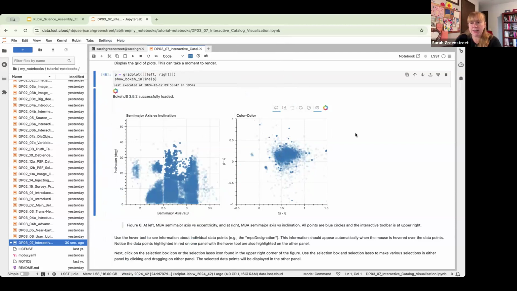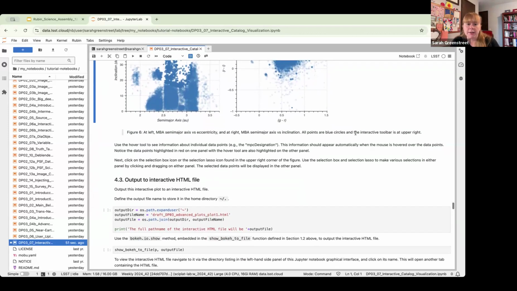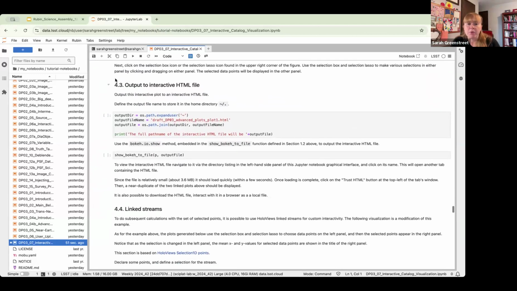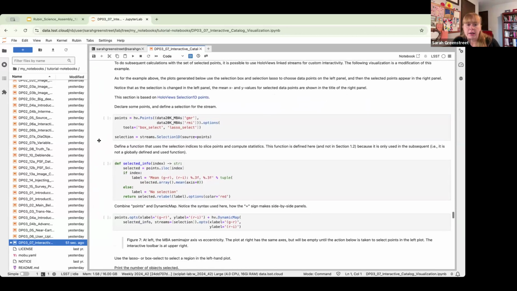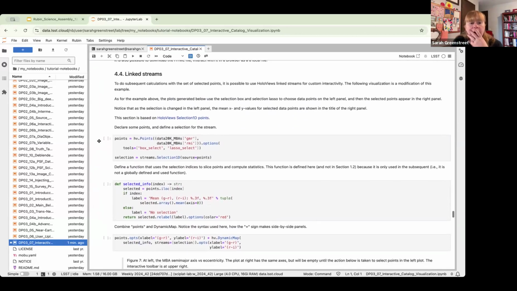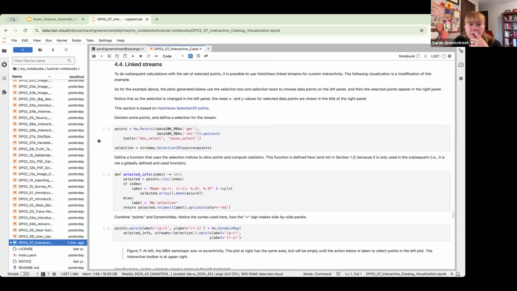So now we're starting to get into a lot of setup and different pieces building on the different steps that try to explain in this notebook how these different plotting packages work and the pieces that are needed to set this up. But once you get everything set up, as you can see, there are some pretty cool, powerful things that you can do with these different plots. I'm going to skip over how to create this interactive HTML file here. There's also information in here about,